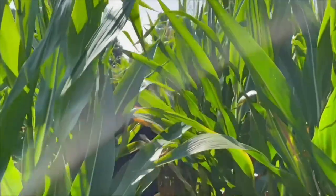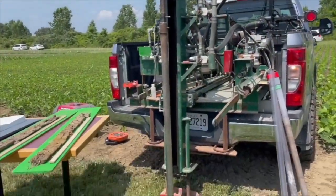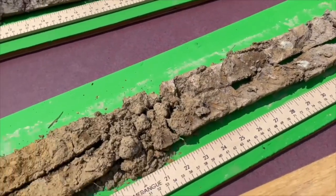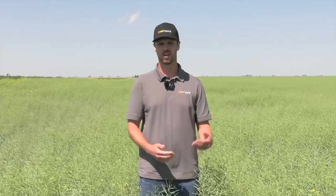So when we're out there ground truthing, ideally we have a soil sampling truck. If not, it's with a shovel, and we're checking to see. First, we typically go to those high EC areas and check those zone ones, see if they're making sense on one side of the field versus the other side of the field. And then we do that all the way down to our zone 10s. Every SWAT map is zoned 1 through 10, and so yeah,